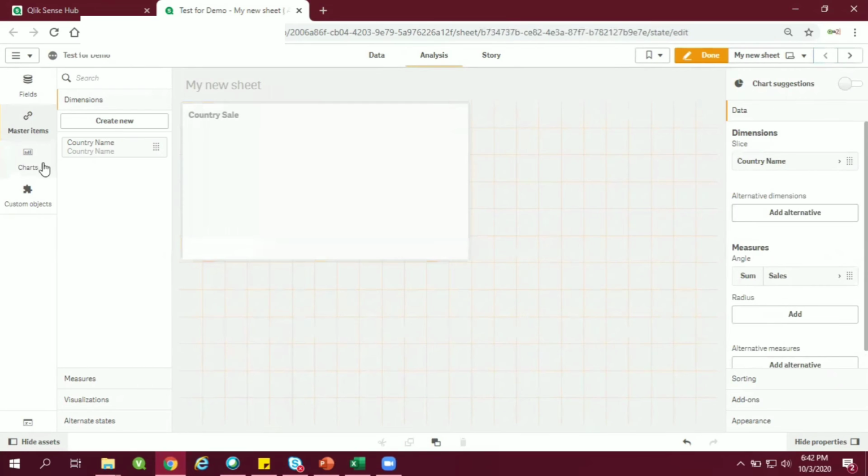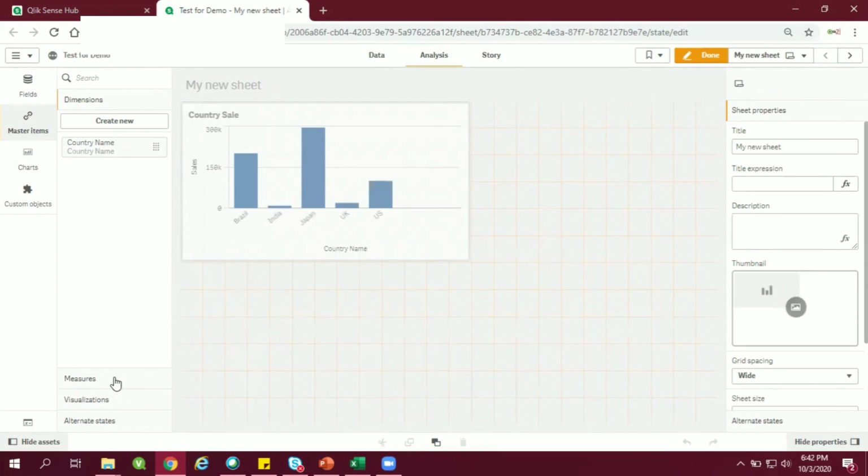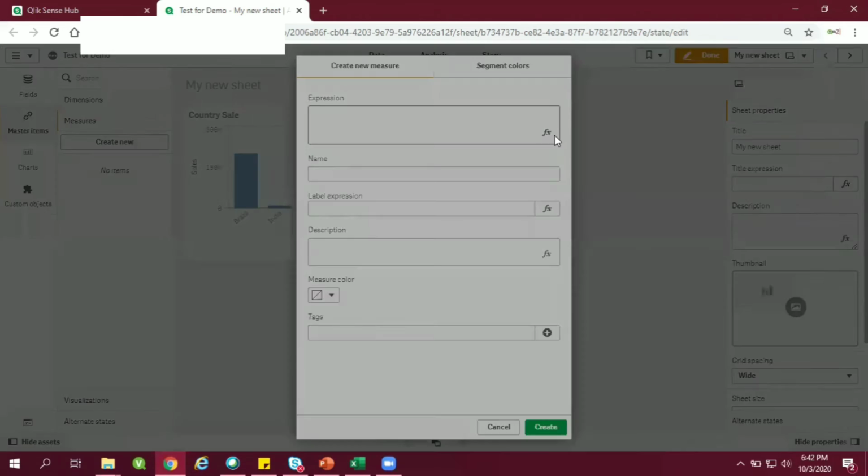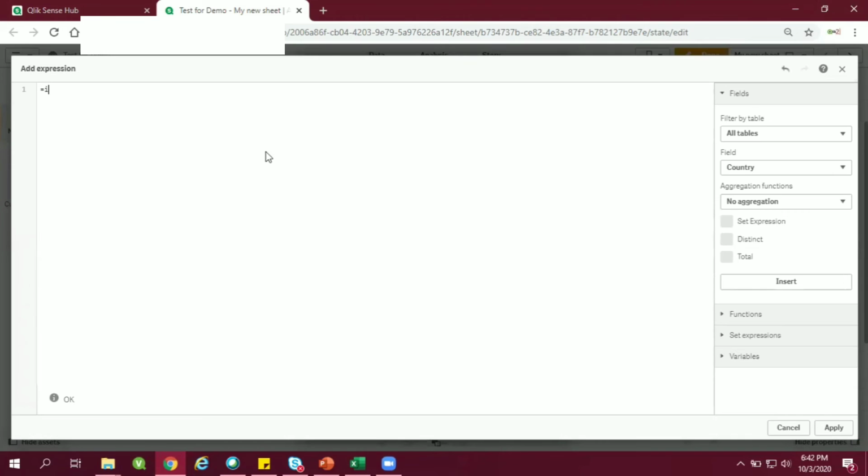Okay, similarly I'm going to do the same thing with my measure. Go here, create a new measure, and write the expression you want. I'm going to slightly change the expression. So what I'm going to write here is: if my country is equal to India, or country is equal to US, then only show me